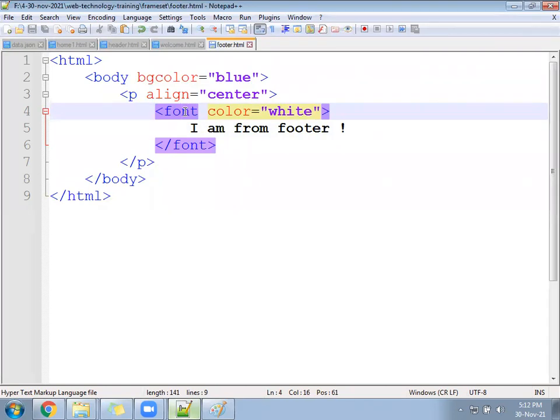So we call the font, and using font we apply the color white. Save the file. Run the footer file. See, background blue, text white, in the center.